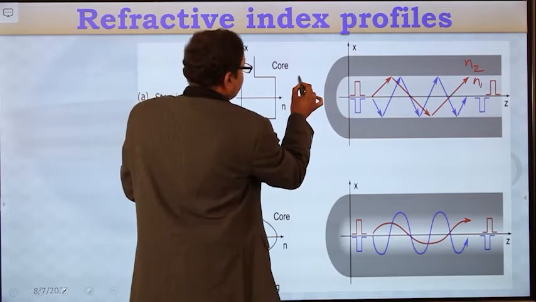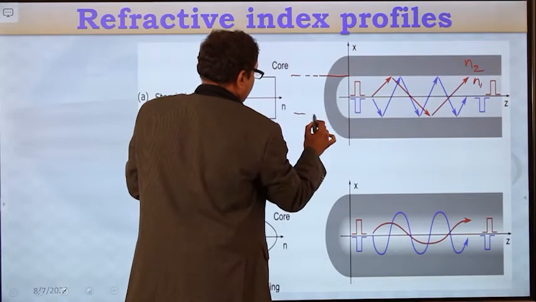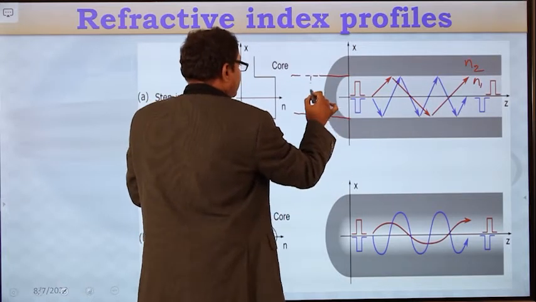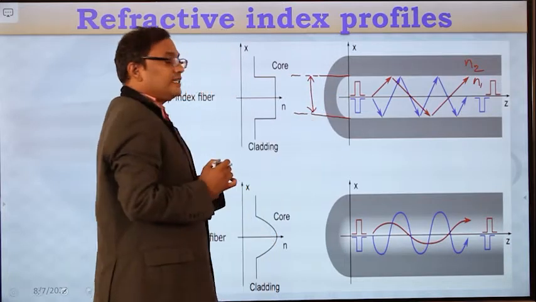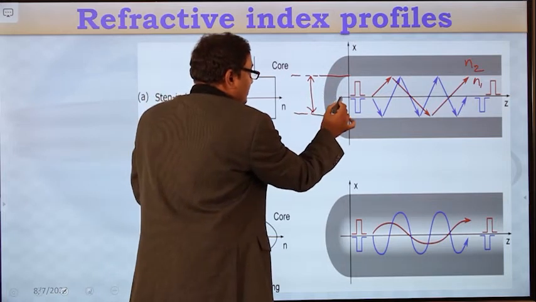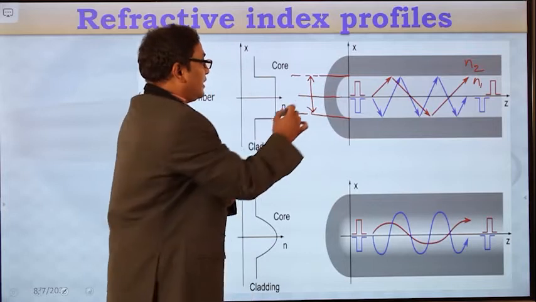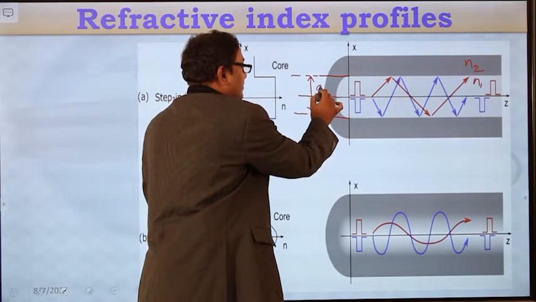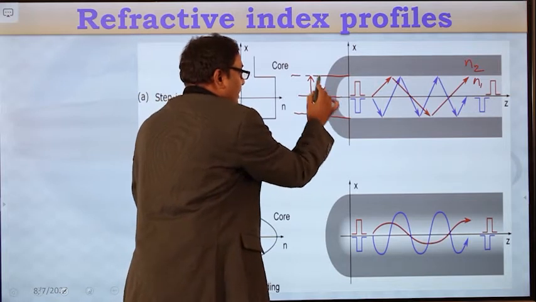So here extend this one. This portion is indicating the core medium, and this line is the core axis. Above core axis, this is nothing but the core radius a. So here also core radius a.